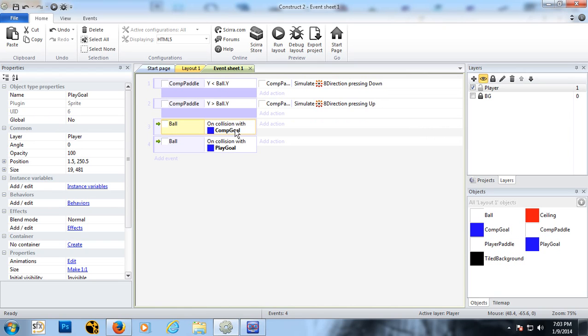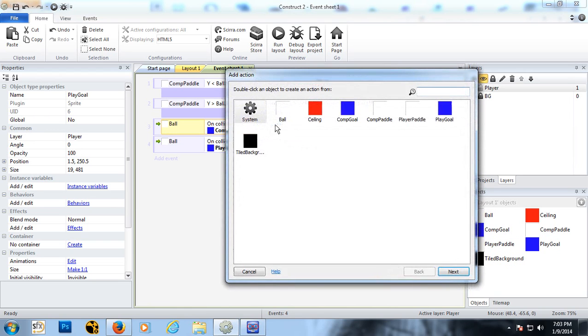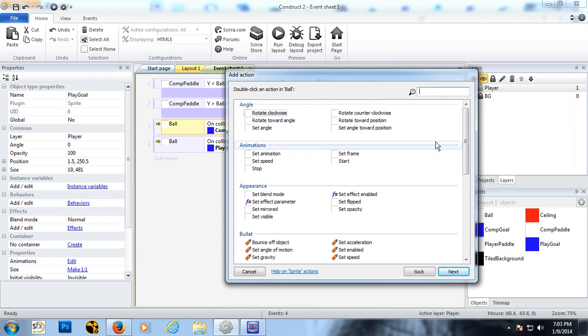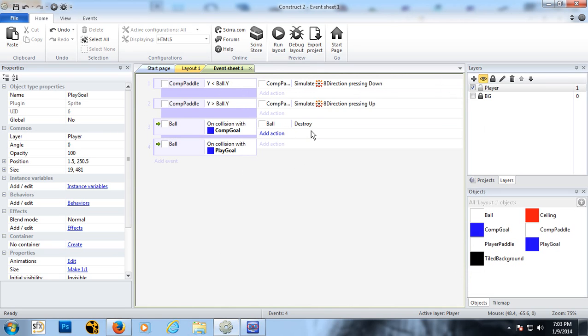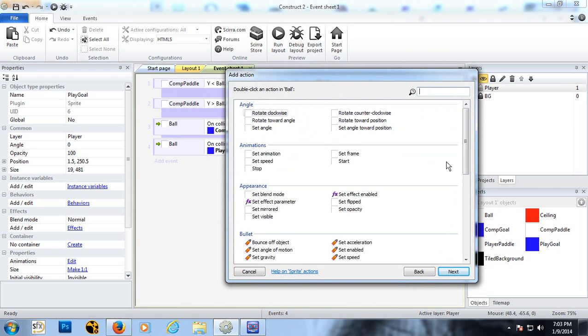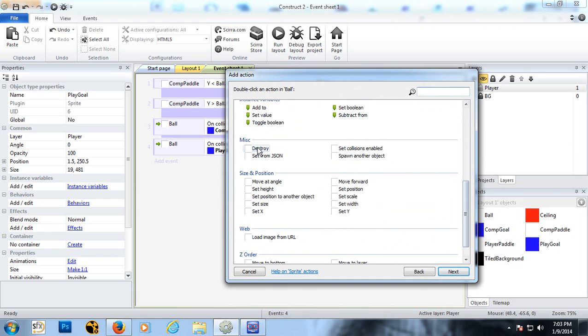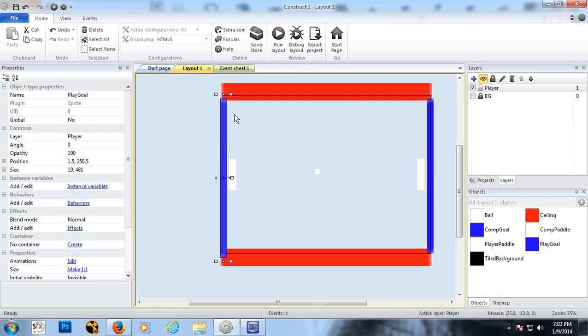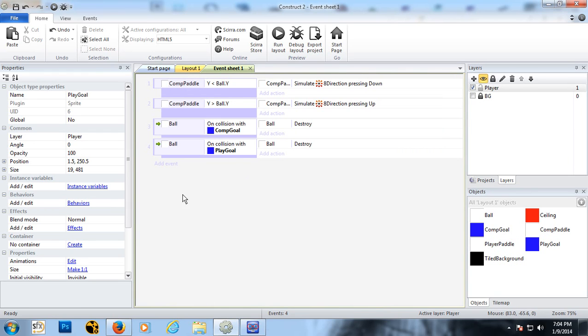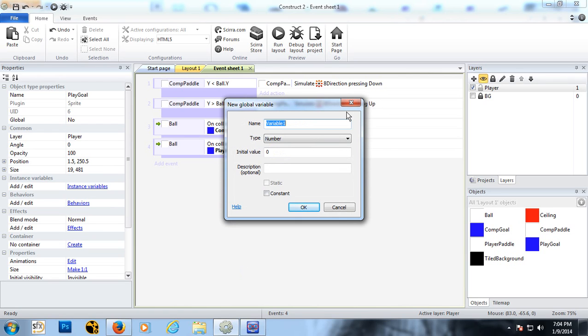So when the ball collides with the computer goal, we want to add an action, and the action will be the ball gets destroyed. Done. So ball gets destroyed, and we'll do the same for the other one. But we also want to add points to a score that we're going to be keeping later. So to do that, we're going to have to right click somewhere in this abyss over here, and we'll go to add global variable, and the first one will be called player score,